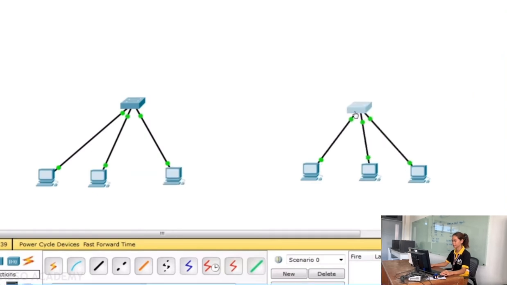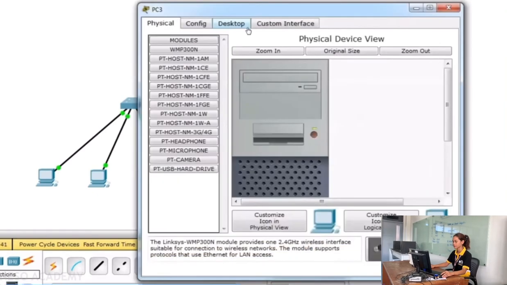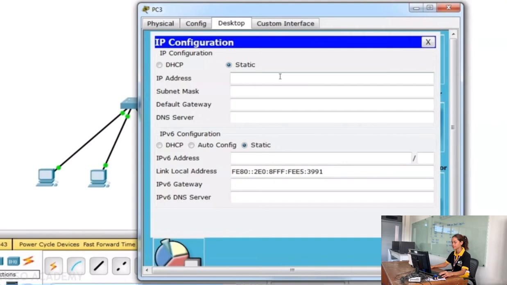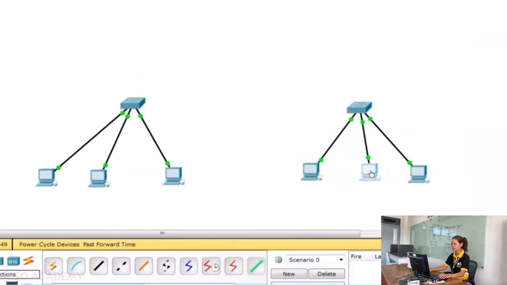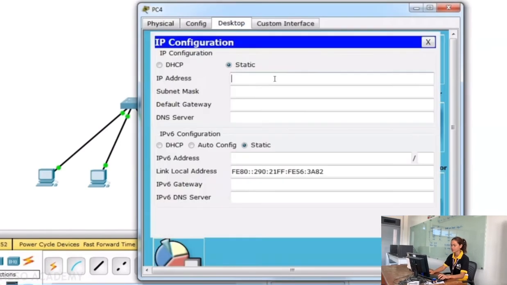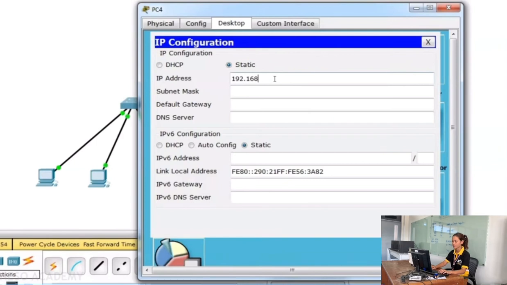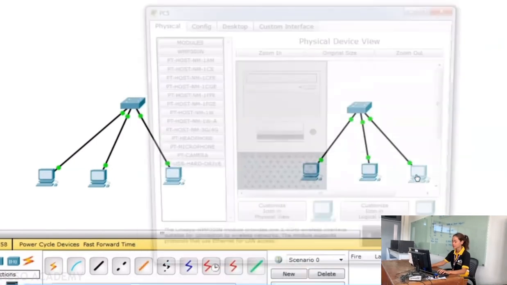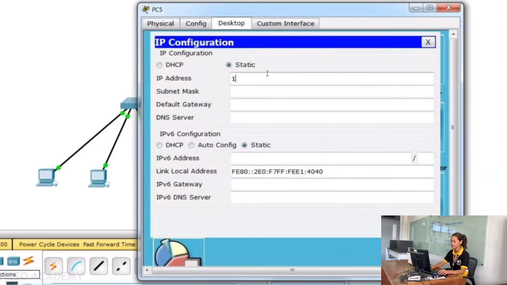Likewise, we have to assign IP addresses to this local area network also. Here, for this local area network, I am preferring 192.168.1.1, and for this PC, this is 192.168.1.2, and for the last PC, it is obviously going to be